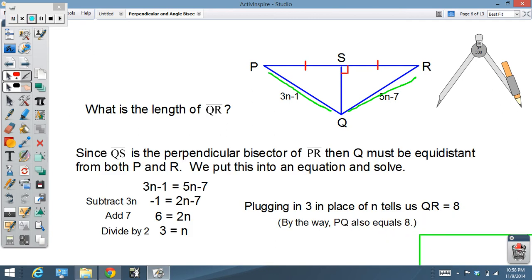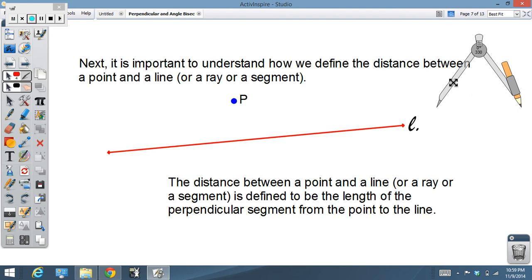So, here's some explanation, and here's our math. Pause, continuing on when you're ready. All right, here we go. All right, next,